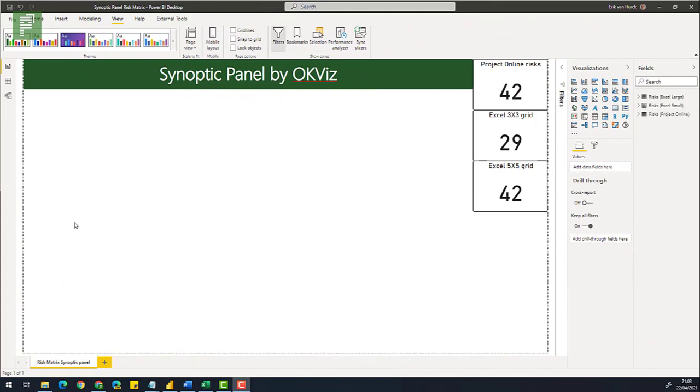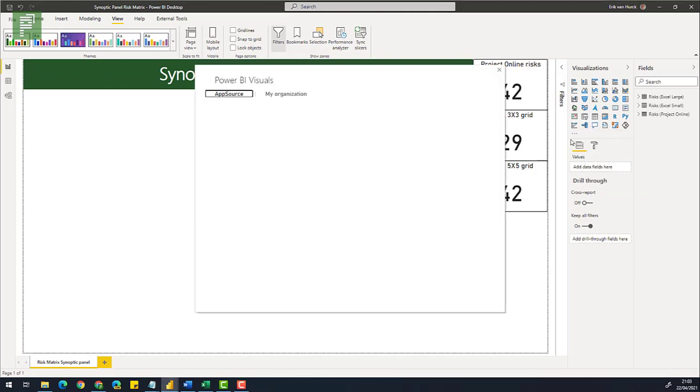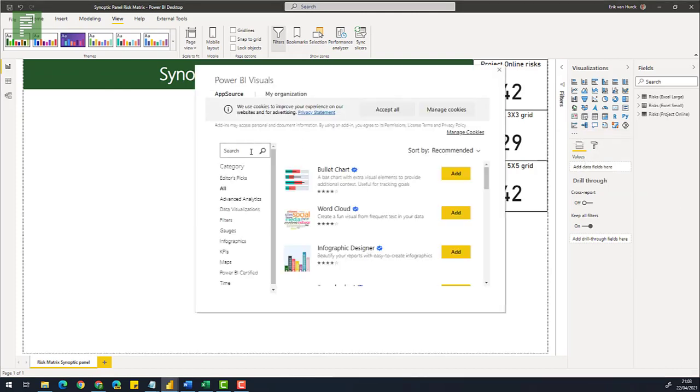Okay, here we are at the beginning of our journey through exploring that synoptic panel, that great visual for things like creating a risk matrix. So the synoptic panel actually contains two vital parts. First part is you will need to have that visual. So we'll go to the ellipsis and we'll click on get more visuals. And from here we will take a look at the Synoptic